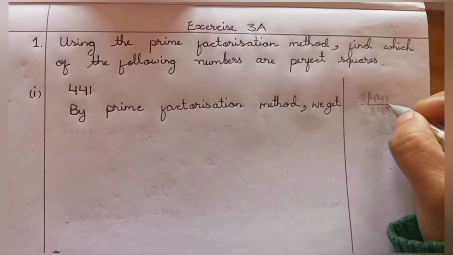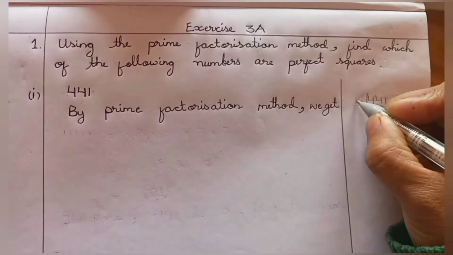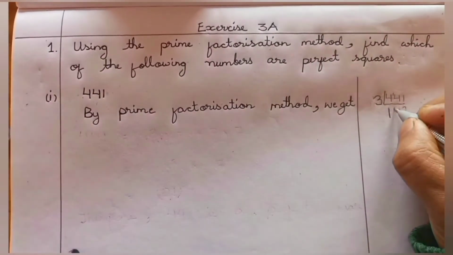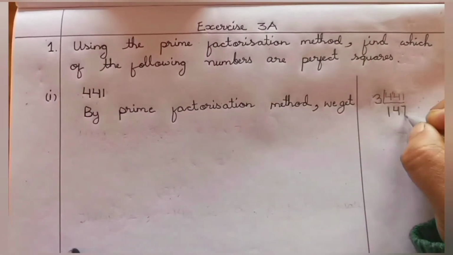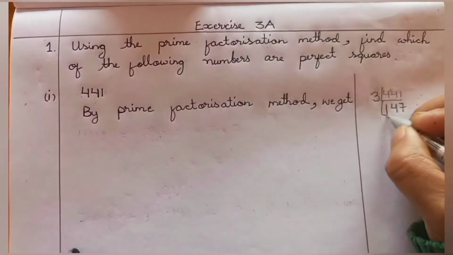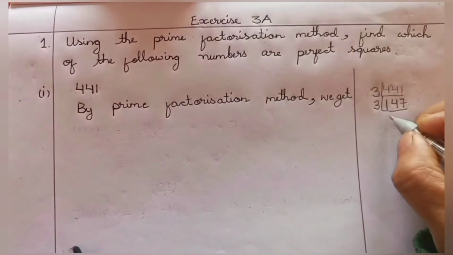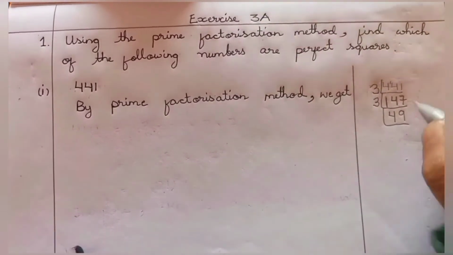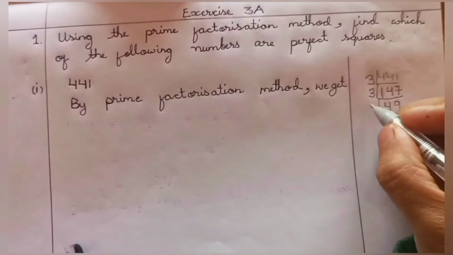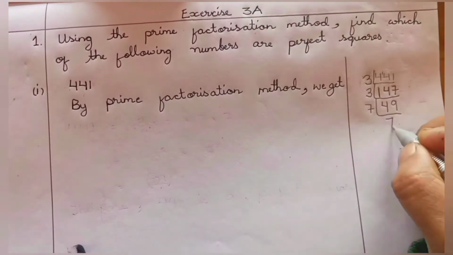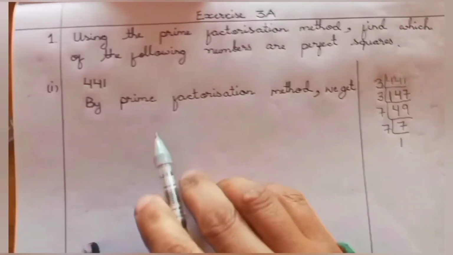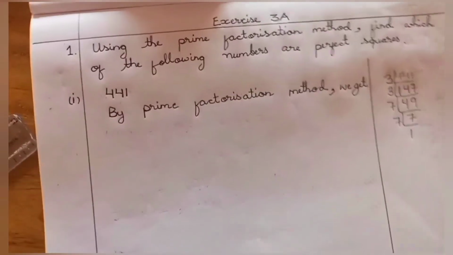Here, we cannot go with 2, we will go with 3. 3 ones are 3, 3 fours are 12, 3 sevens are 21. Then next, 3 fours are 12, 3 nines are 27. Then we cannot move any more with 3, we will go with 7. 7 sevens are 49, then 7 ones are 7. Then here we will write